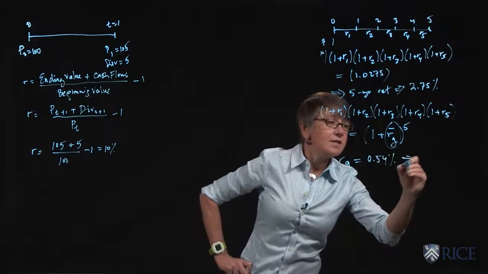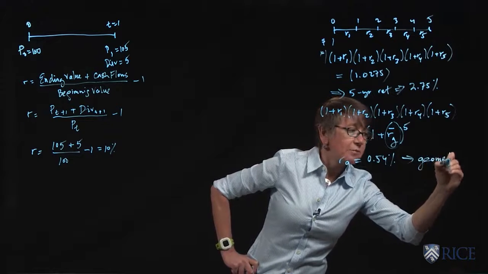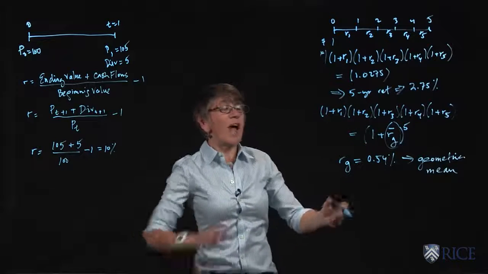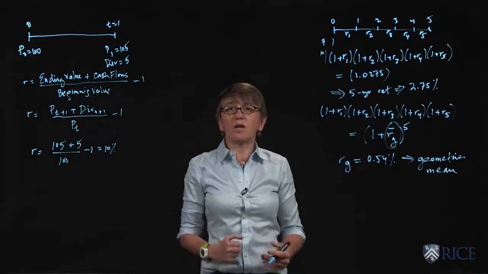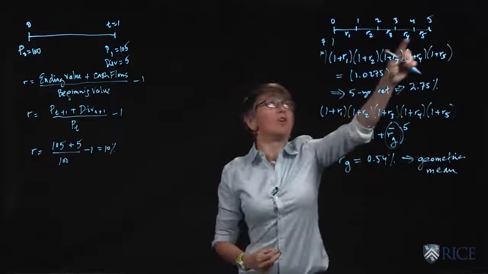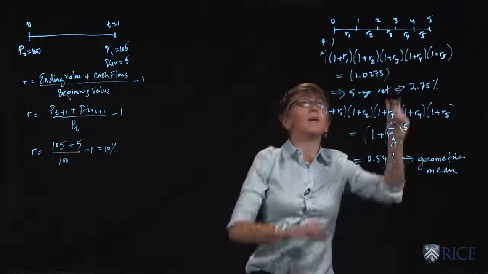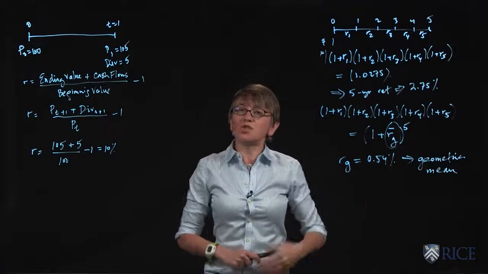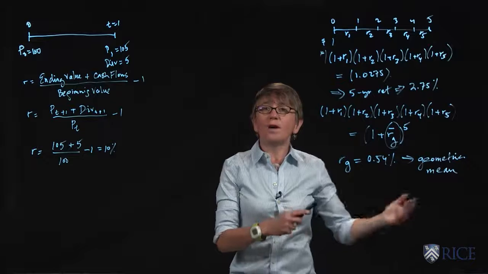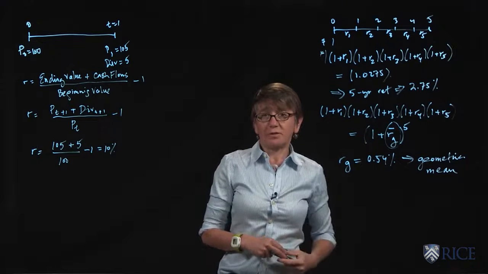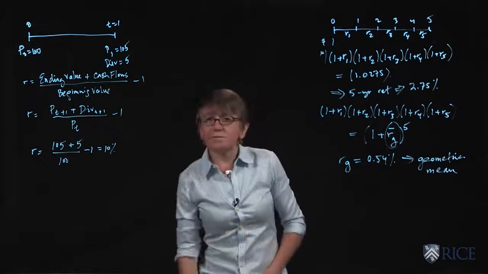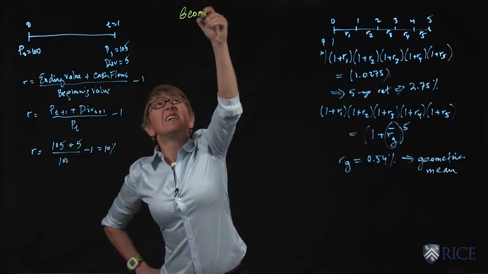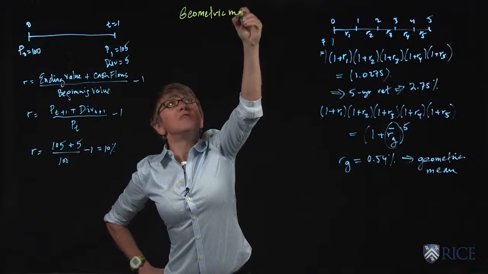All right, so this is the geometric mean. This is sort of your average annual compounded return. This is the constant annual return that you would have to earn to get to the same endpoint. Now, the geometric mean is useful in measuring performance over a past sample period. So in general, suppose we have t periods, geometric mean return,